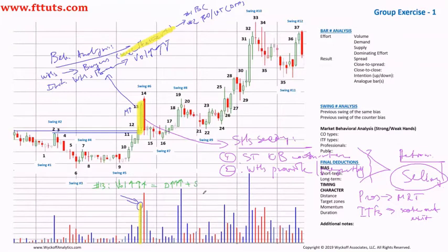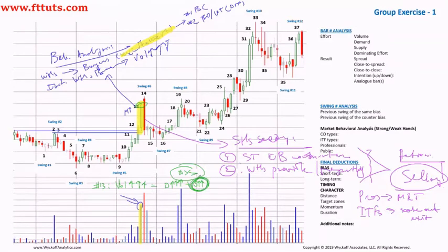What about supply? Supply is increasing. Absolutely. Supply is increasing, but demand is still dominant at this point. We see this by the close. It's still a bullish bar. But because of this increase of the supply,